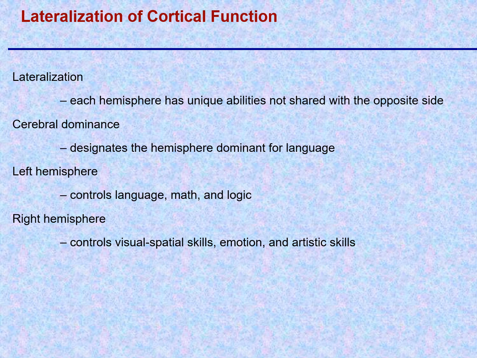But there is also lateralization of certain abilities, where one hemisphere has unique abilities not shared by the other. You also have, for certain things, cerebral dominance, where one hemisphere is dominant over the other